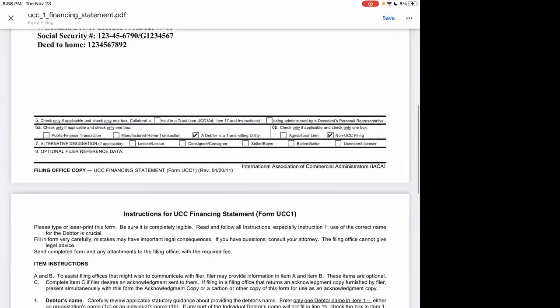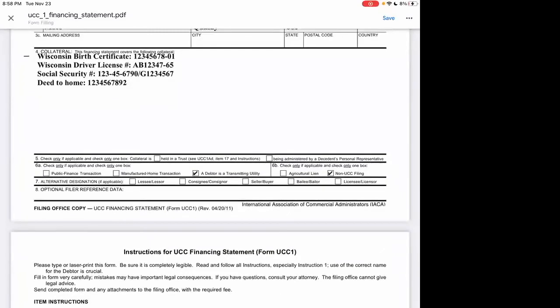Now, how do you know how you operate? Well, for example, if you only have your trust and you don't have your estate yet, then you're going to want to just put the property in trust and then manage the trust assets through the estate. Or if you have your estate and you don't have your trust yet, then you can just check off that you're doing this through the decedent's personal representative and then convey those assets into the trust later on once you get the trust number. That's how you make that decision if you have one or the other, because you can only check off one box.